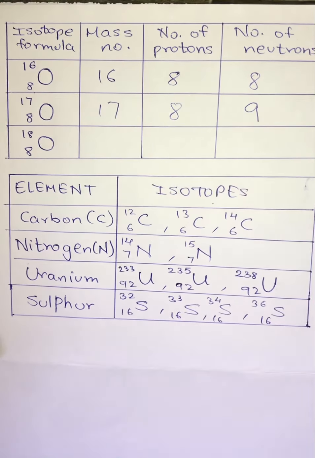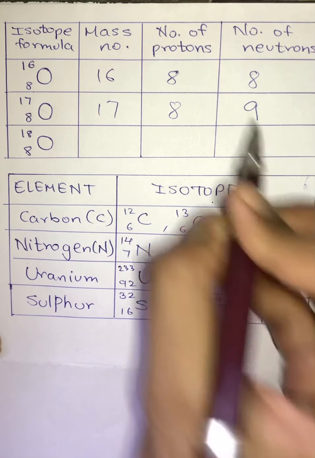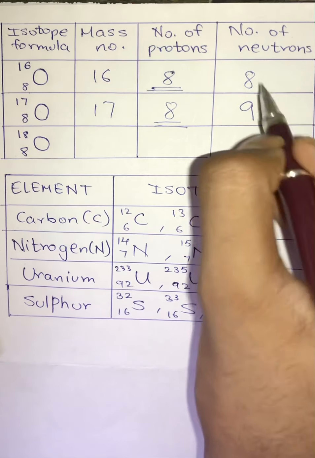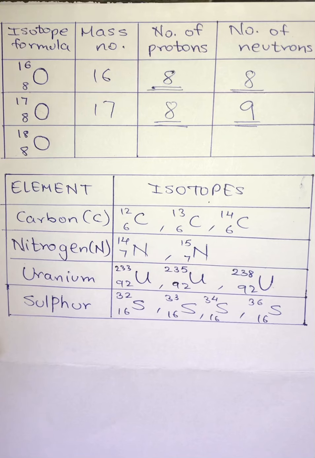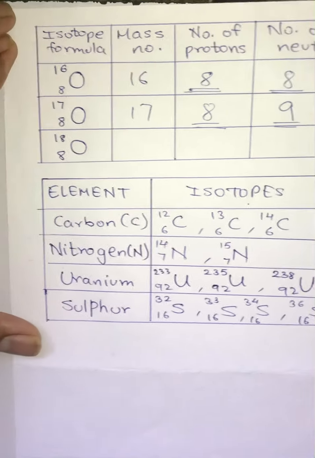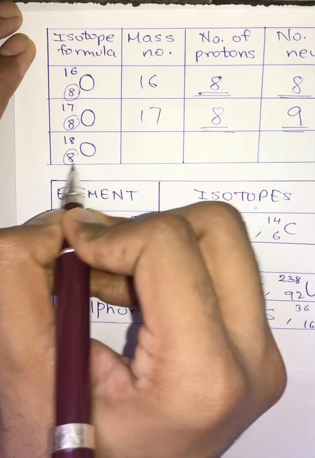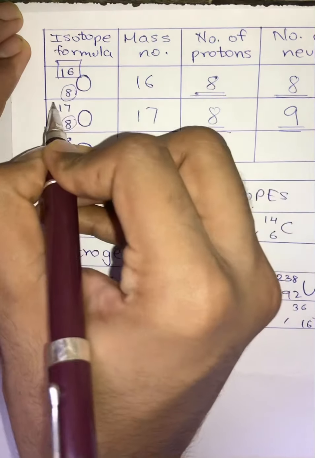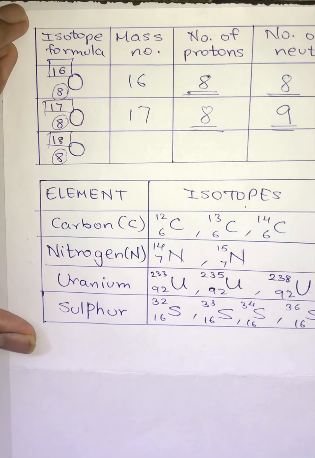9. Am I right? So here also, if you observe carefully, the number of protons is same, only the number of neutrons is changing. And our first definition was what? The atomic numbers are same, but the atomic mass numbers are different. Okay, so I hope these 2 definitions are clear for you all.